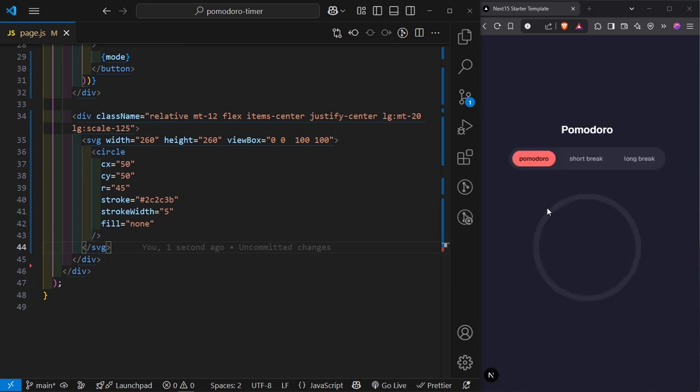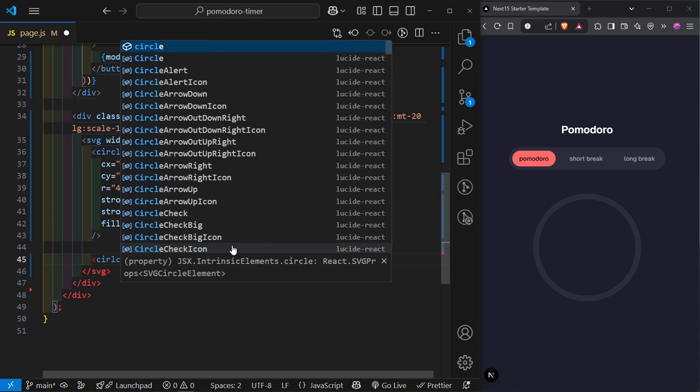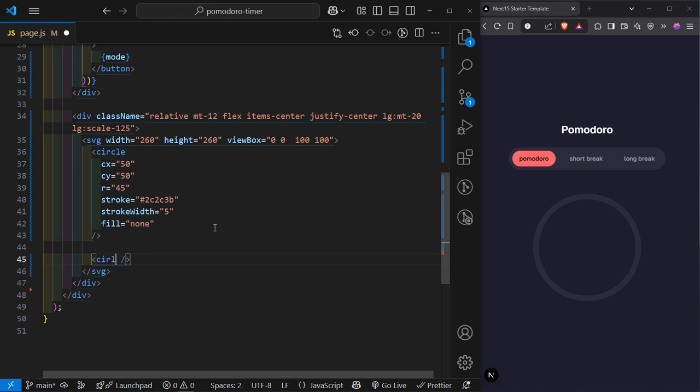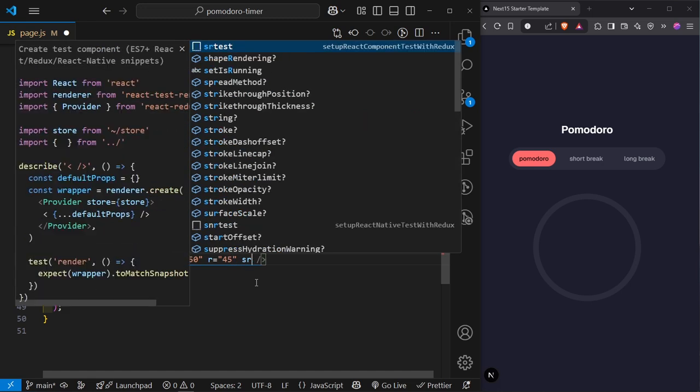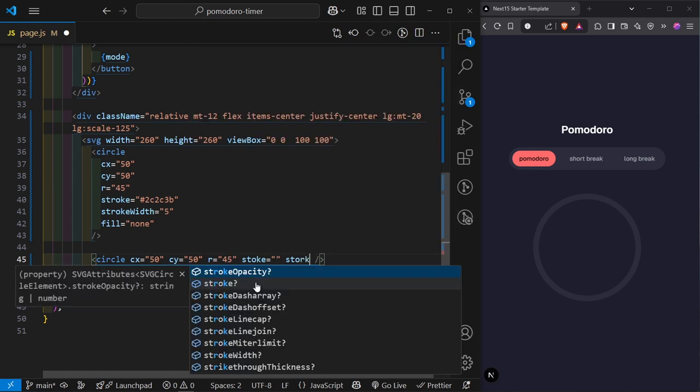And there we go. So this is our circle, and right below this we're going to create our second circle. Once again, it is self-closing. And then on the x-axis is going to be 50, so cx is going to be 50. On the y-axis, once again, is going to be 50, so that it is exactly the same as this. And then the radius is going to be 45, and then the stroke is going to be a certain color which you don't yet have, and then the stroke width